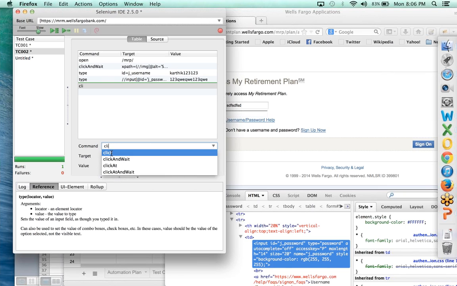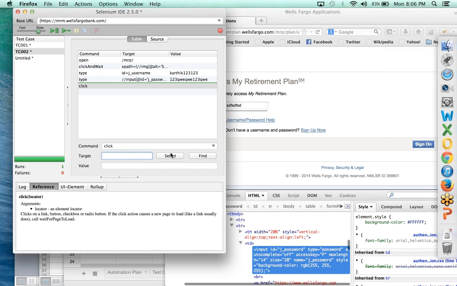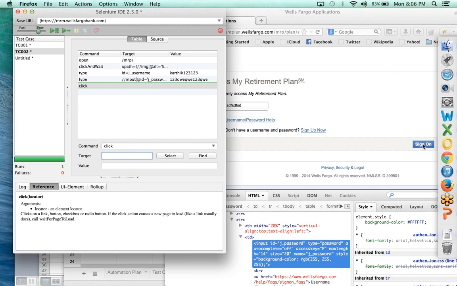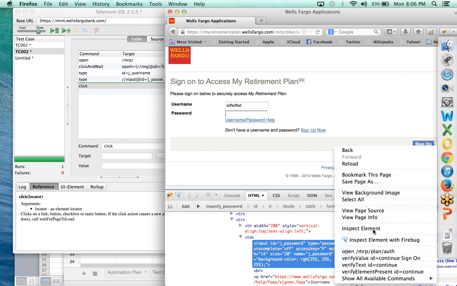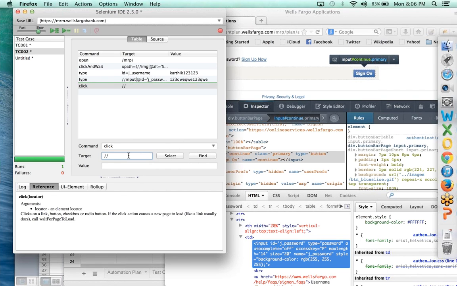Next one, what do we want to click on? On the sign on button. How do we click on it? Let's just do select and click on sign on. Or let's cancel, right click, inspect element with Firebug or without, that doesn't matter. Input ID equals continue, or value equals sign on. So I'll just say input